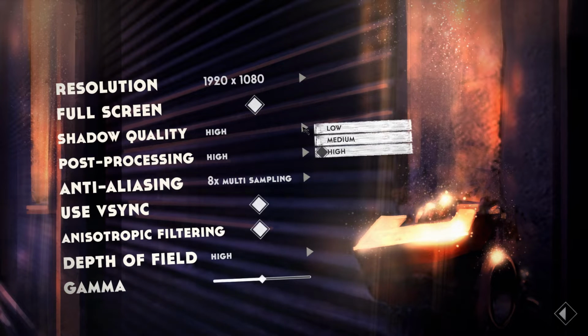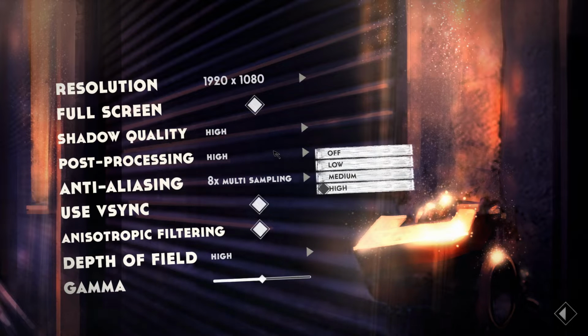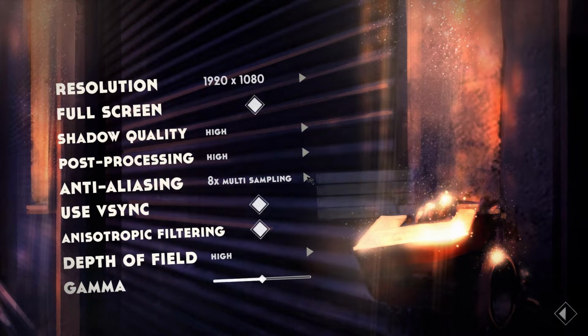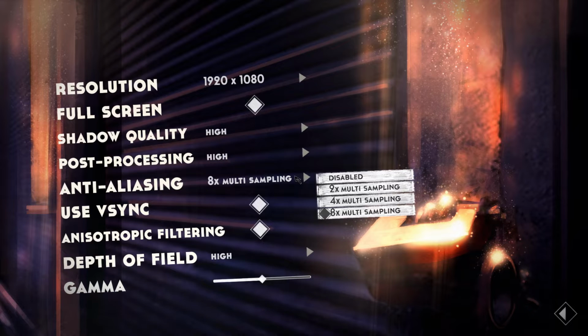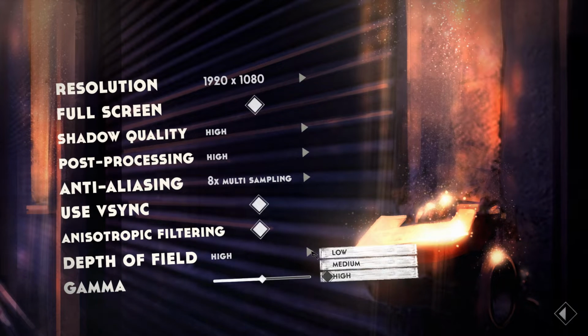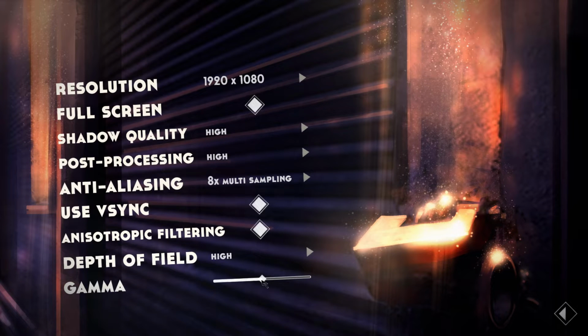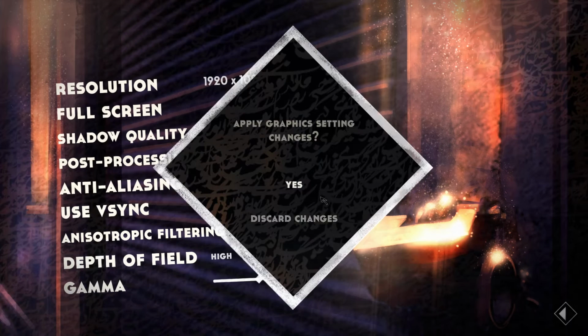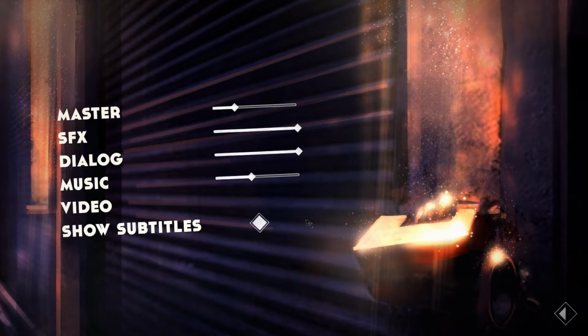Shadow quality, low, medium, or high. Post-processing, off, low, medium, or high. Anti-aliasing, 2, 4, 8 multi-sample, VSync, anisotropic filtering, depth of field, low, medium, or high, and of course a gamma slider. So all in all, a very basic options menu, but a lot of the core options are there, and it's